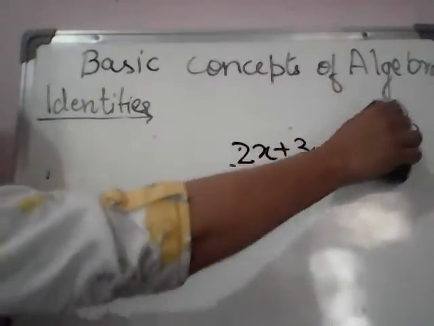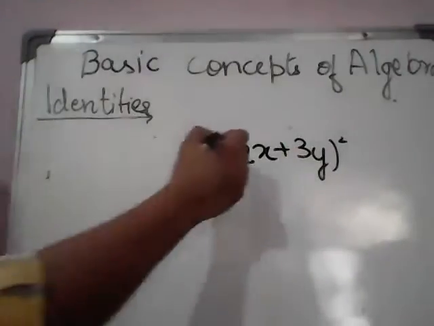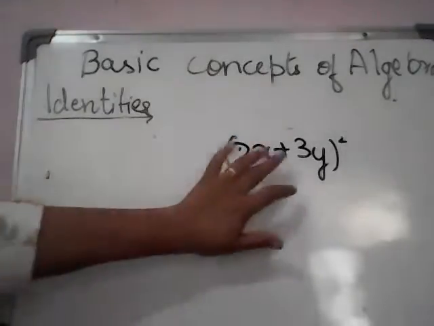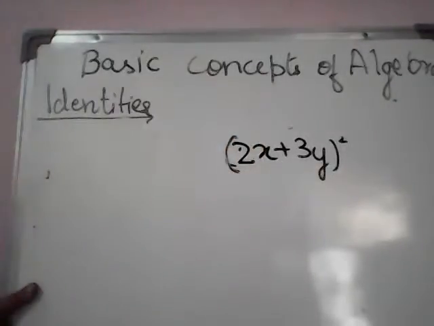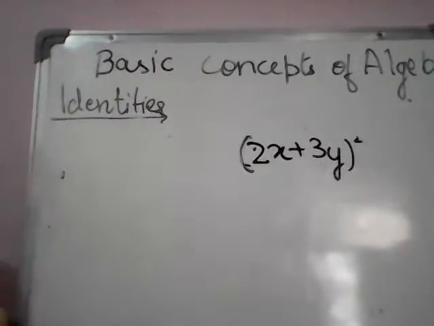First of all, you have to judge which identity you will be using in this question. So we have a plus sign here. In plus sign, we have two identities, first and fourth identity. But in the fourth identity, we have two brackets with one variable common and one different variable. With two terms, we have just one identity with plus sign, that is the first identity, that is